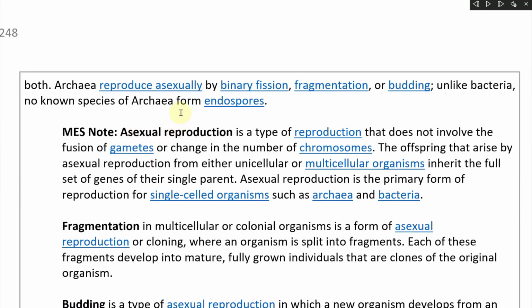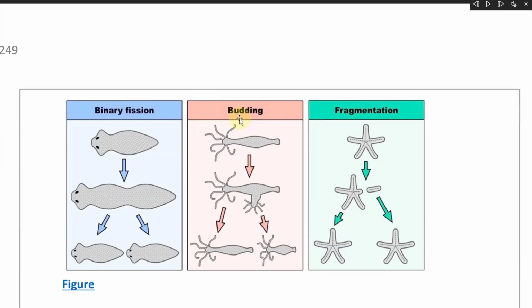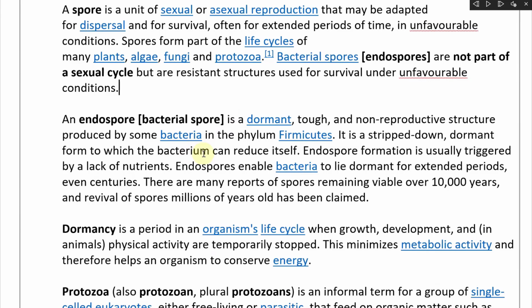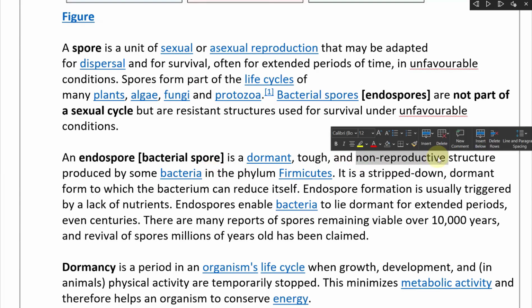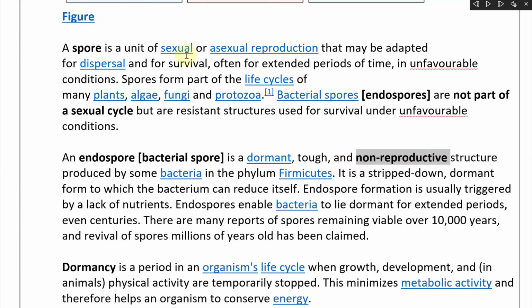Archaea don't form endospores in unfavorable conditions, but some bacteria do that, forming this spore just to survive for a later time. So an endospore, or bacterial spore, is a dormant, tough, and non-reproductive structure. Non-reproductive is the key one, to illustrate the difference from a regular spore. It is produced by some bacteria in the phylum